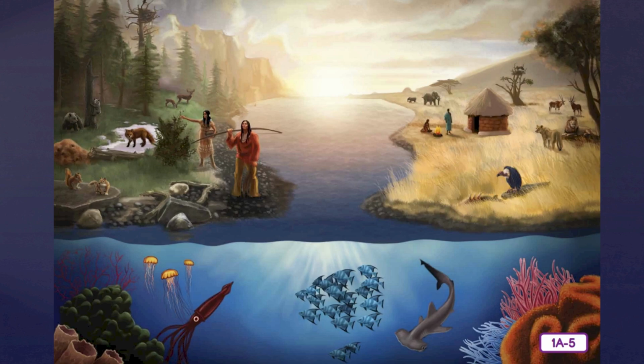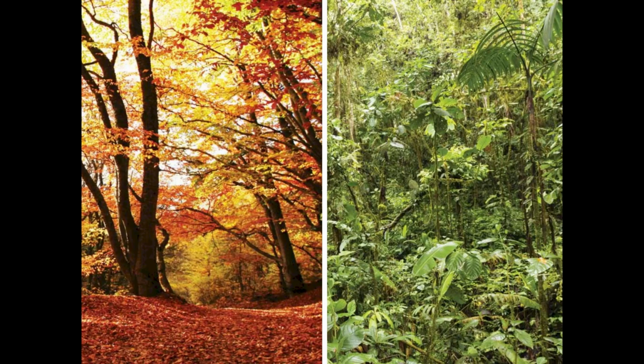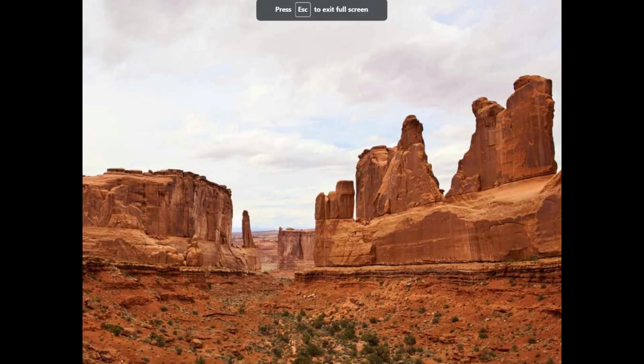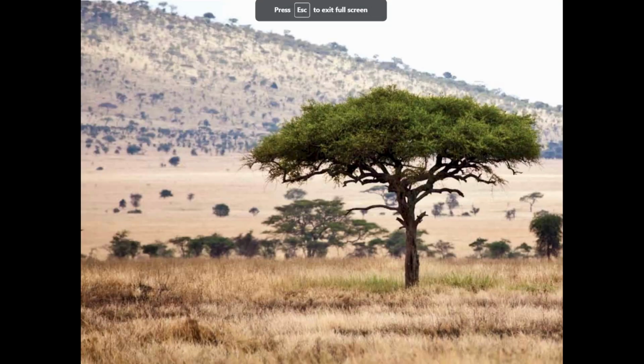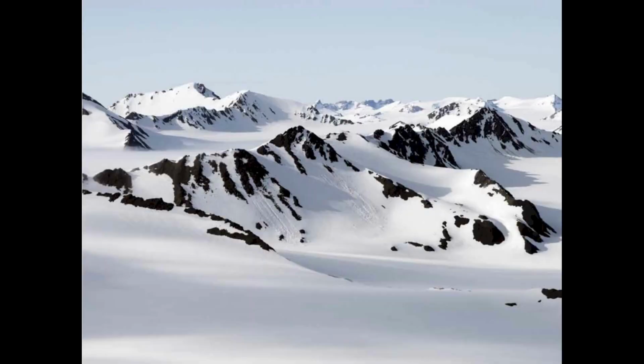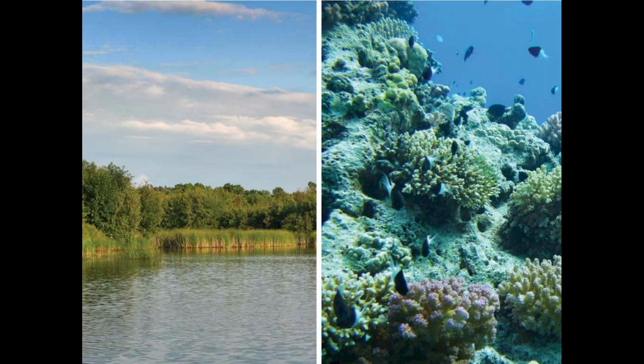I know that Rattenbrush has taught you so much about animals this year. He may have also introduced you to animal habitats, or homes, when you were in the first grade. Do you remember the names of any of those habitats? Let's take a look at them. They are temperate deciduous and tropical rainforest, Sonoran desert, East African savanna, Arctic tundra, and freshwater and saltwater habitats.